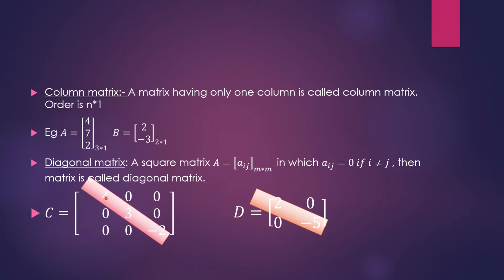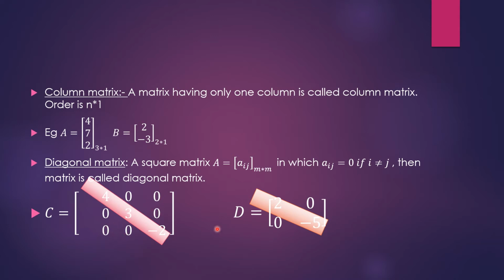Now see, this shaded part by rectangle is called diagonal elements. These are called diagonal elements because their row number and column number are the same. This is A11, A22, A33. So except the diagonal elements, or the elements having the same address as row number and column number, if other elements are 0, you can see these other elements are nothing but 0. Such a matrix is called a diagonal matrix. Only diagonal elements are non-zero, rest all elements are 0.